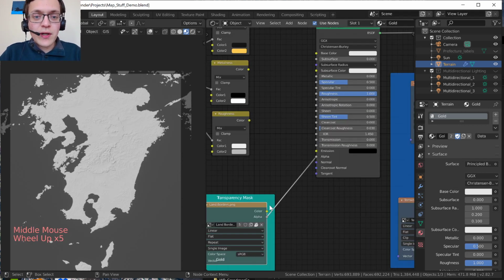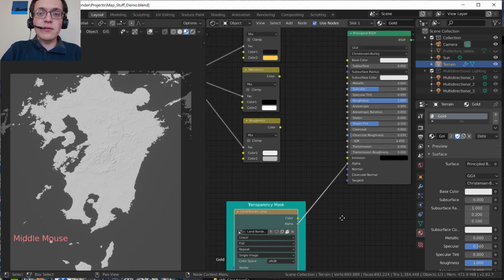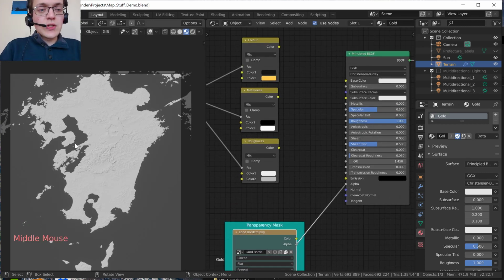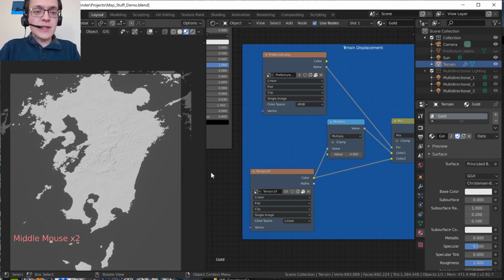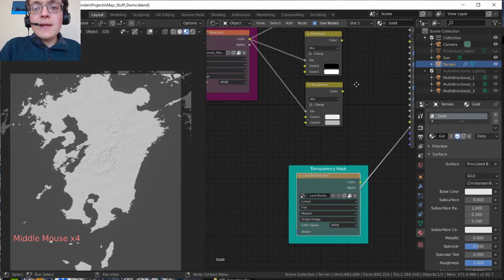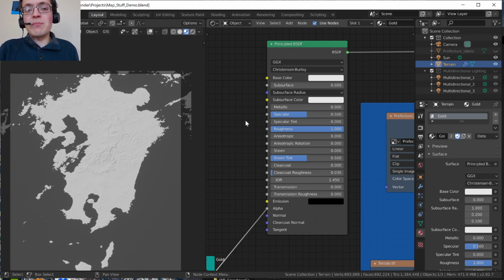So now I've got the border mask plugged into the alpha channel of the principled shader. So now we've got a transparent backdrop. We can just see the land. We have our area of interest with the exaggerated relief. And then what I wanted to do with this one is just see how we can use some of these other settings within the principled shader, and Blender's strength is being able to visualize different material